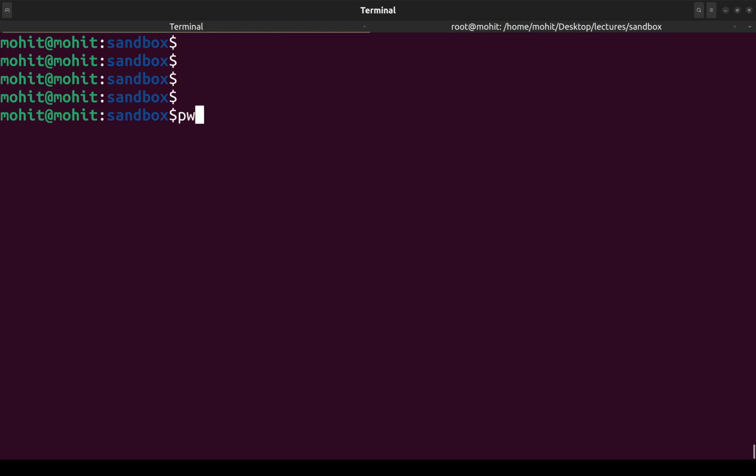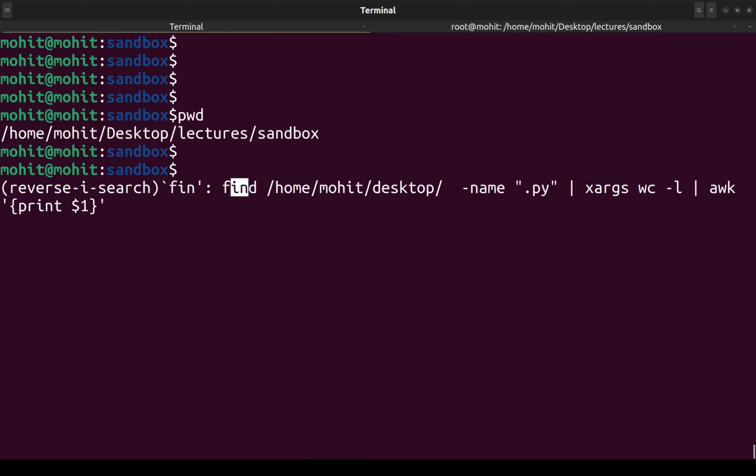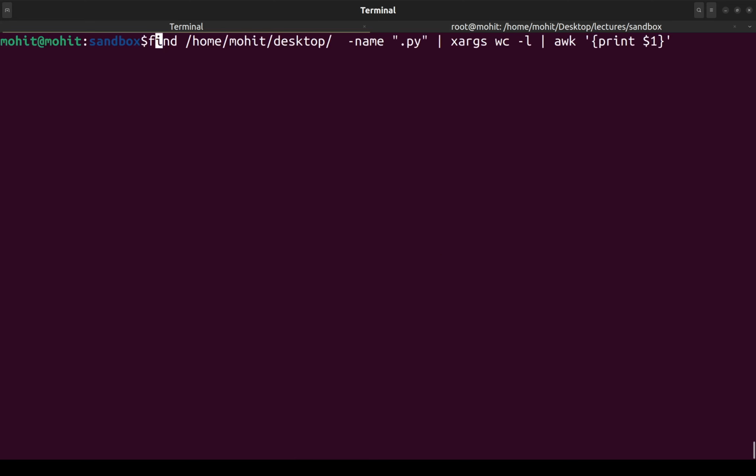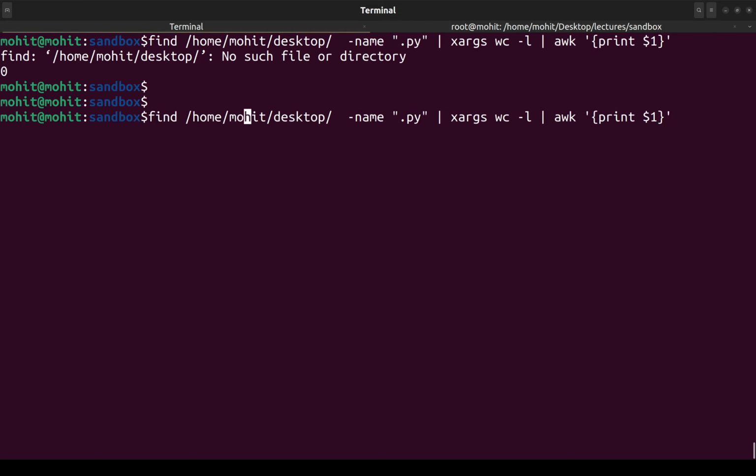As we can see, right now we are inside our sandbox directory. Let's say that we have this long command: find, piped to xargs, and then this awk command. It's a huge command, right? And let's say that we want to change something over here in the xargs. So we can